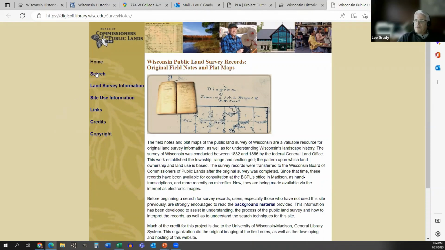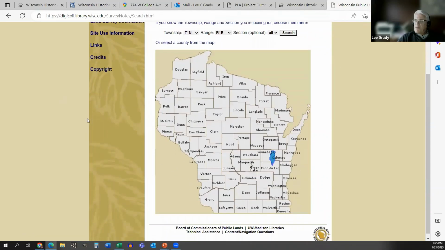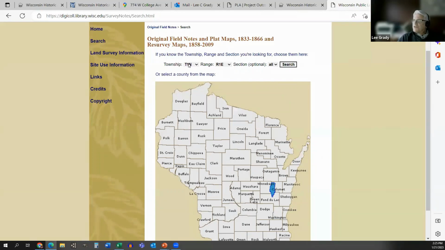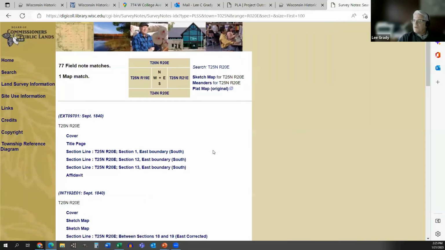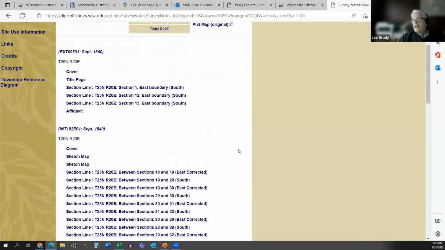I'm going to click search here on the upper left. And here's a map of Wisconsin. I did just notice you can also do the township. I never noticed that. You can click here on a county and then click on a township if you want to do it visually. Let me try this. It's kind of dangerous to try something for the first time in front of everybody, but I'm going to do it. I'm going to choose 25 north, 20 east. Wait a second, that's west. Okay, 20 east. And I'm going to leave it open to all sections just to show you what it looks like. So again, a little bit of a dated interface, but